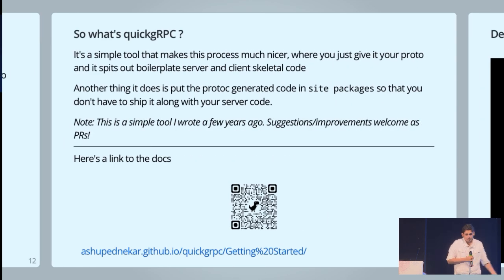That's where QuickGrpc comes in. It's nothing much. It's a tiny dev tool that I made a few years back. All it does is make this process easier. It basically takes your protobuf file, hands it over to proto-C, and generates all of the server code that you need. It generates the starter skeletal test cases also, and it places all the files that proto-C gives us inside packages, so you can just import it like a library, right? And yeah, this is an old tool, and it doesn't really follow the current standards. For example, it's not using pyproject.toml. So definitely, PRs are welcome.